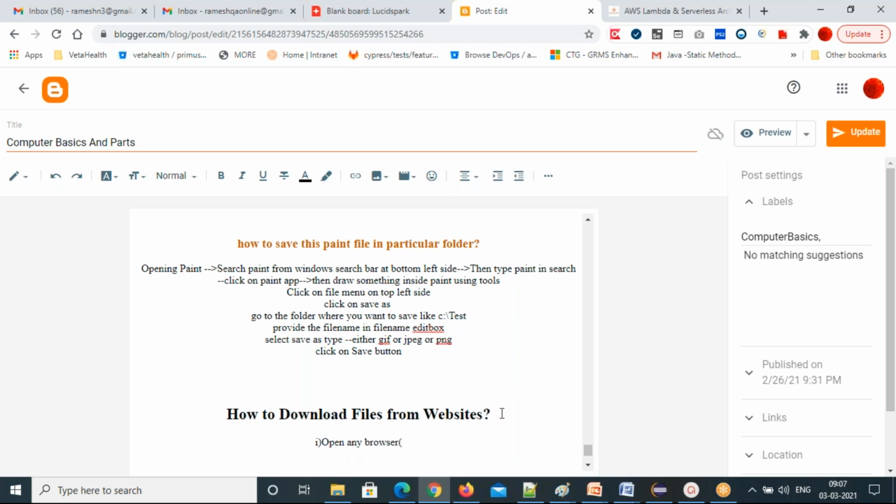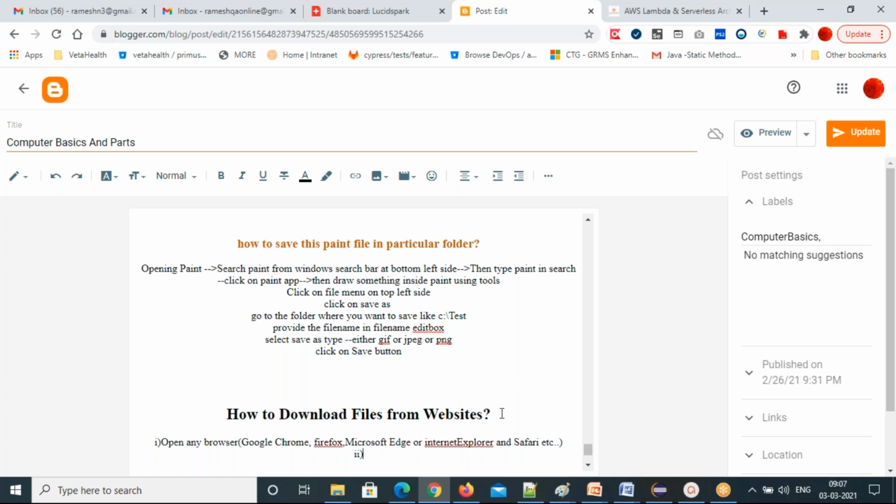So the browser is Google Chrome, Firefox, Microsoft Edge or Internet Explorer, and a Safari browser. So these are the browsers. Any browser you open, then second step. What is the second step?